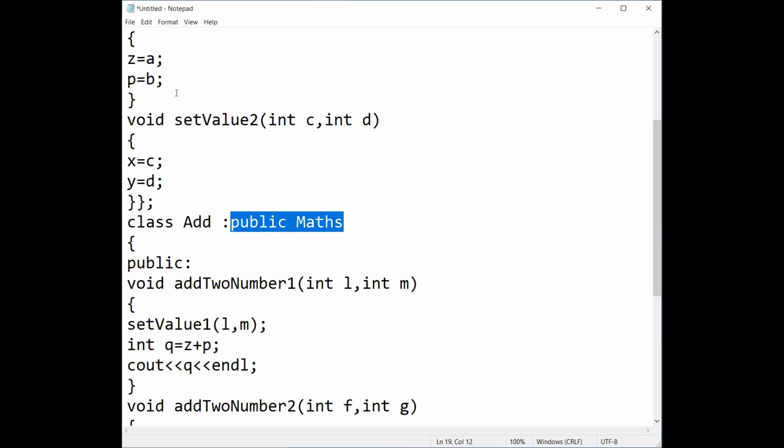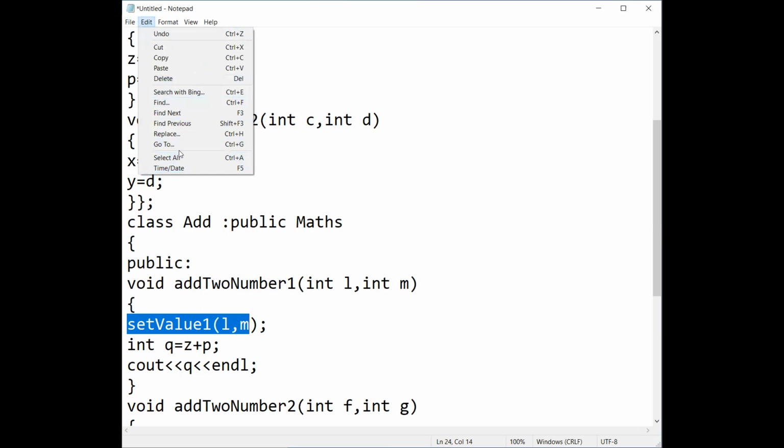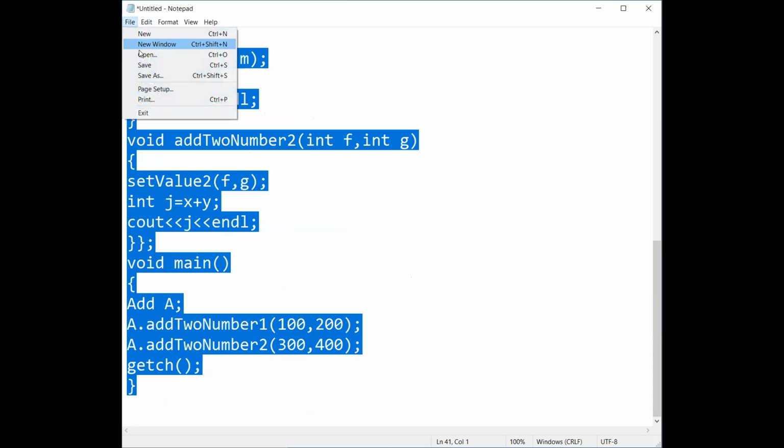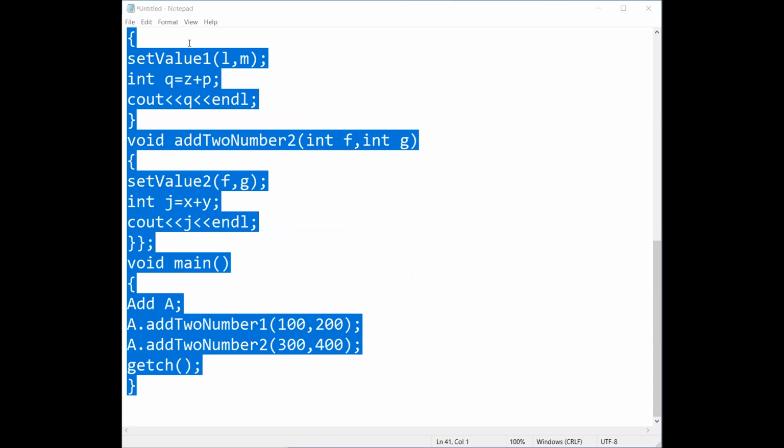It has something, this automatically comes here. We can get it, right? I copy this one, select all, and copy, and in C++,